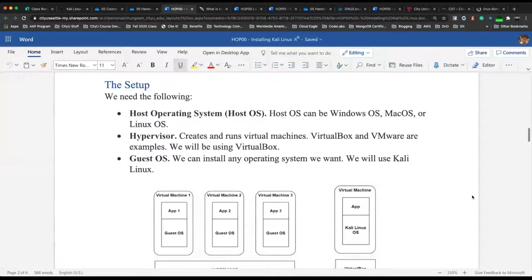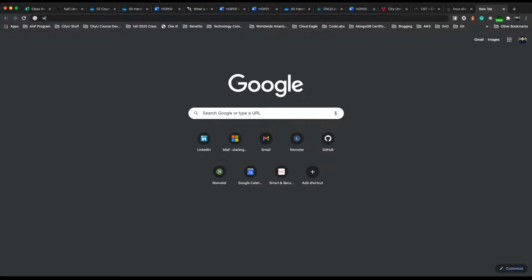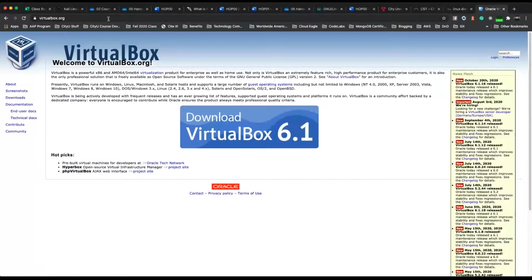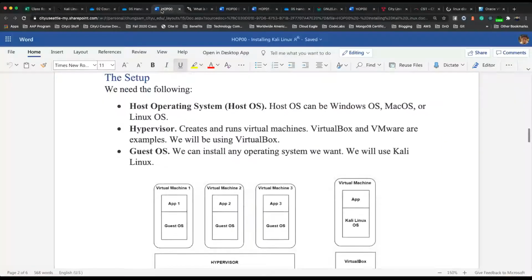The hypervisor is the one that runs a virtual machine, right? The popular ones are VirtualBox and VMware. And in this case, we'll be using VirtualBox.